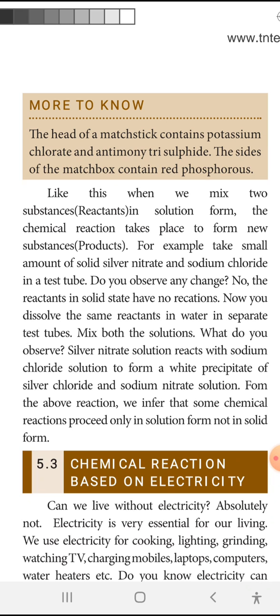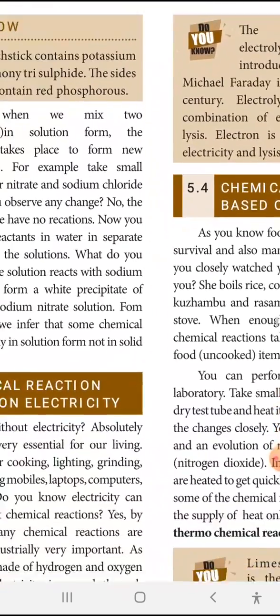From the above reaction, we infer that some chemical reactions proceed only in the solution form, not in solid form. So this is the second condition of chemical reaction: when the reactants are in the form of solution, the chemical reactions occur. So this is the second condition for your chemical reaction. Then the third condition,